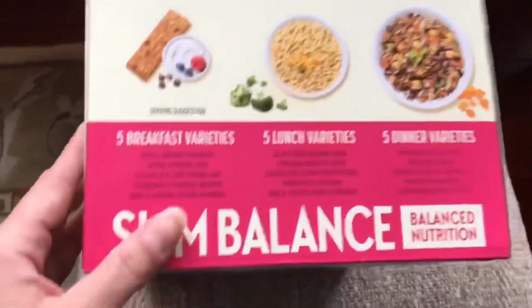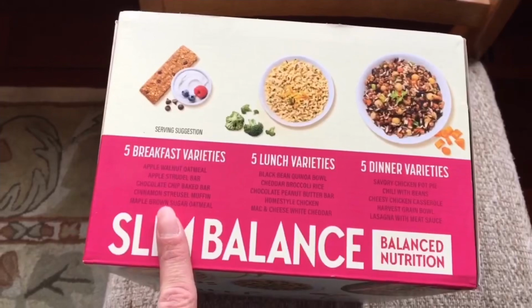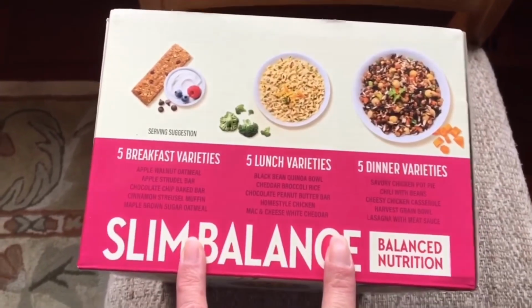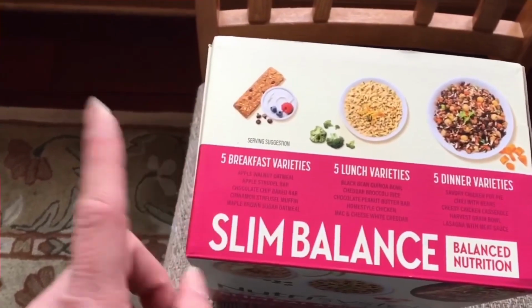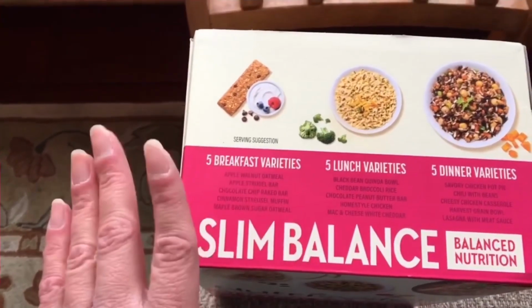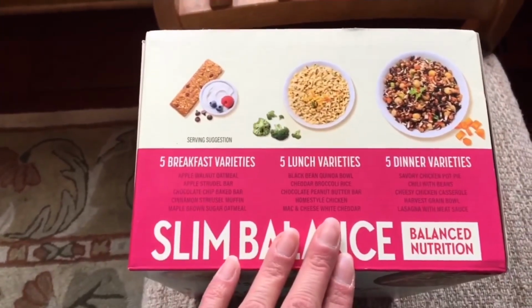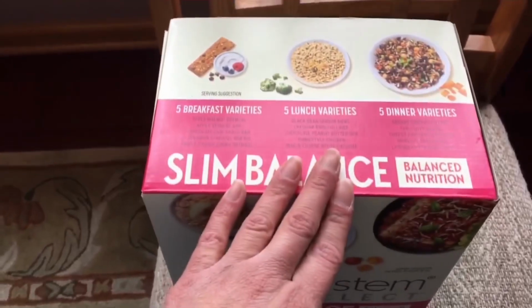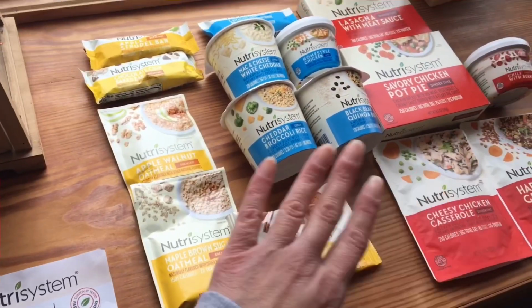When you look at the top, it gives you the general ideas of what you're going to be eating for all of these types of foods. That way you're not left in the dark, except this one is a little bit different than the other two I did, which I'll leave linked up above if you want to see those unboxings. The other ones overlapped in food a little bit more, where this one's a little bit different. It has some different foods and a little bit more variety. So I laid everything out and I'm going to give you guys a quick overview of everything that comes inside